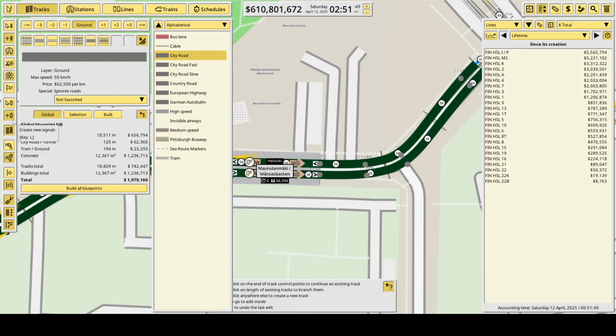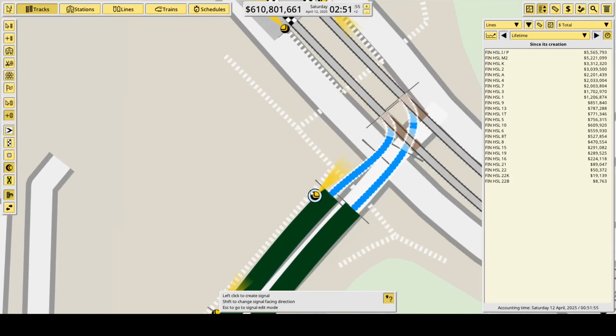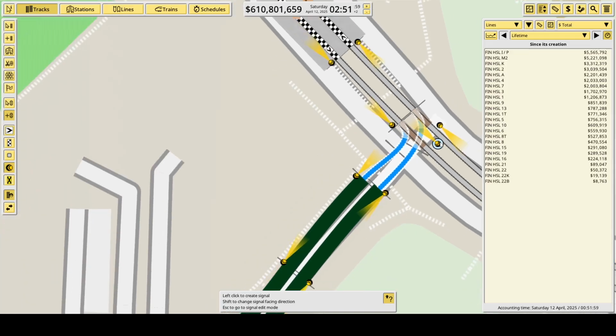What a strange line. It's not only strange by its route, it's also strange because of its numbering. Because